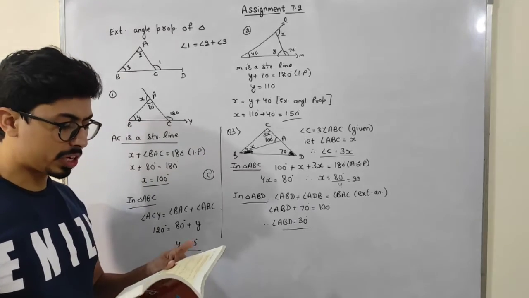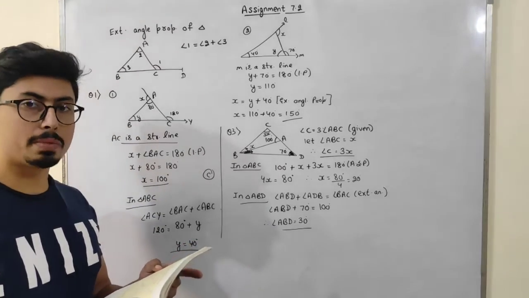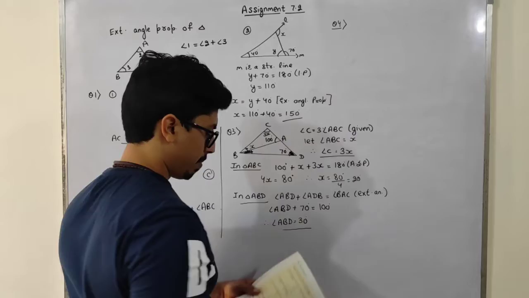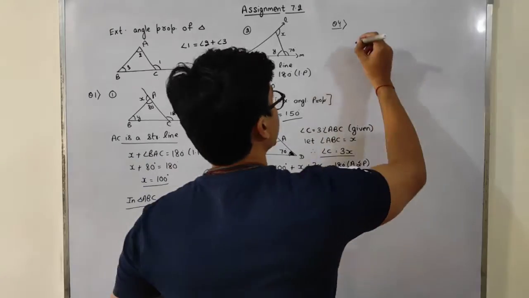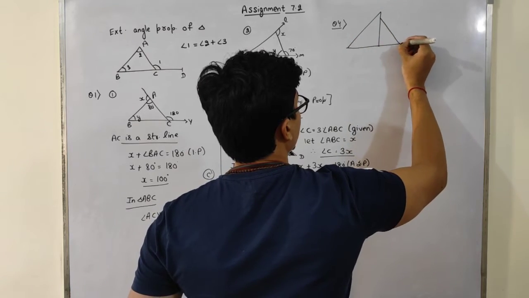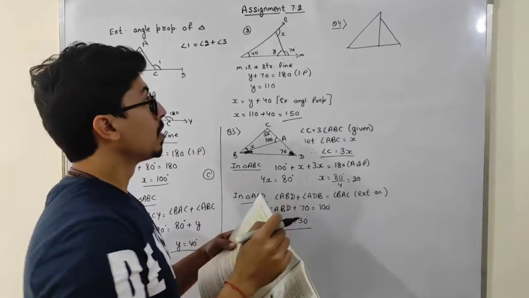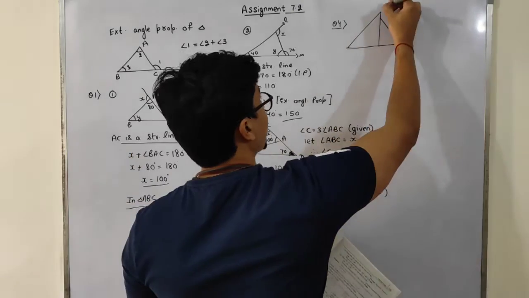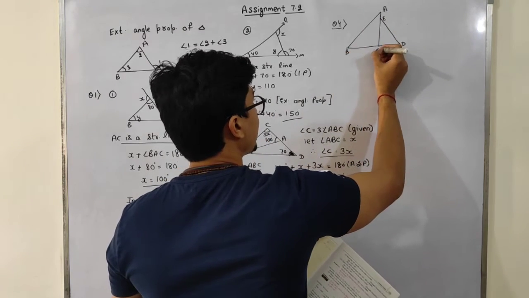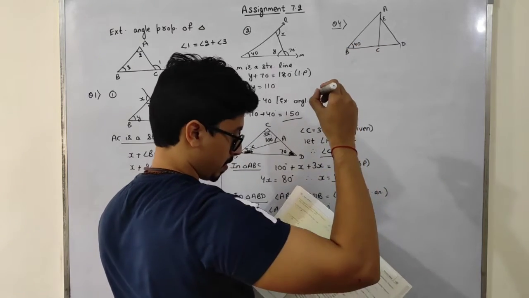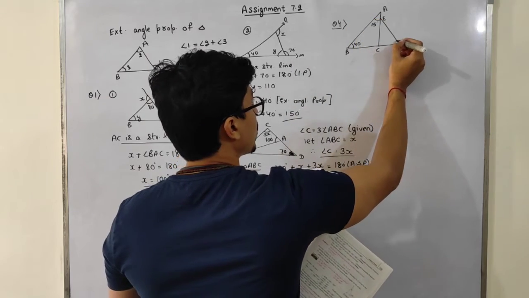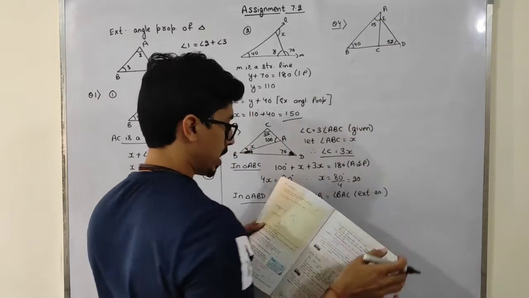Okay. So this is our question number 3rd. So let's just move forward to question number 4, students. See, question number 4th. This is the figure that is given to us. This is A, this is B, this is D, B and C. This is 40 degrees. This is 15 degrees. This is 52 degrees.